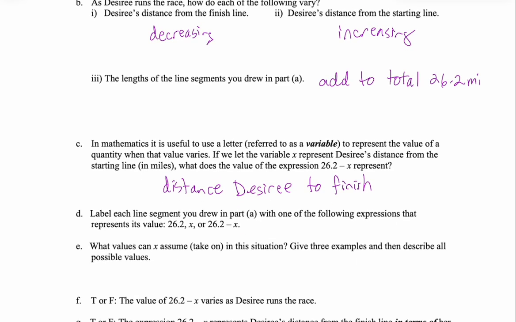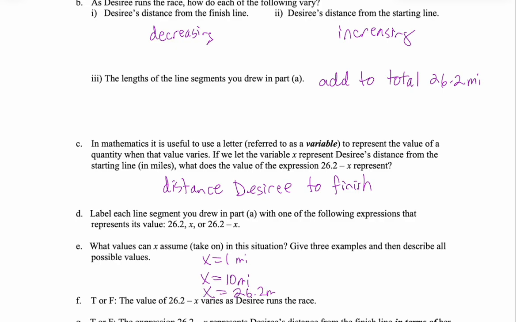What values can x assume to take on in this situation? Give 3 examples and describe all possible values. So I'm going to kind of jump ahead. She could be 1 mile from the start. So x is the distance from the start to Desiree. And so she could be 1 mile from the start. X could be 1 mile. X could be 10 miles. And X could be